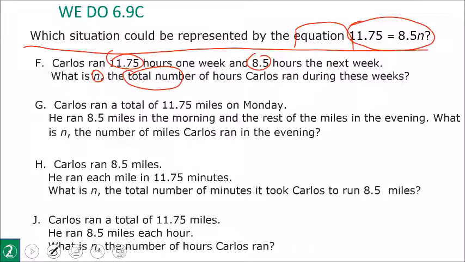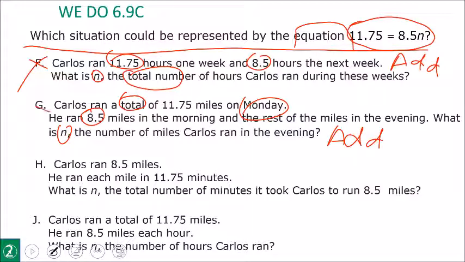So looking at that total number, it kind of looks like this is an add. It's garbage. Throw it out. Carlos ran a total of 11.75 miles on Monday. He ran 8.5 miles in the morning and the rest of the miles in the evening. This is also add. Throw it away. It's garbage. We're not looking for addition. We're looking for